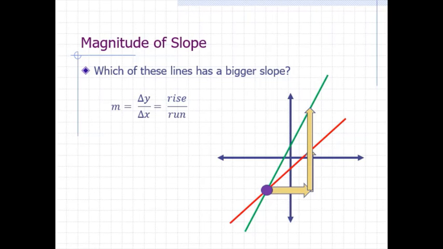What if the slope is negative? It should be easy to see that a steeper downhill line would have a more negative slope. More negative means bigger absolute value. What happens to the value of a slope as a line becomes more and more vertical?